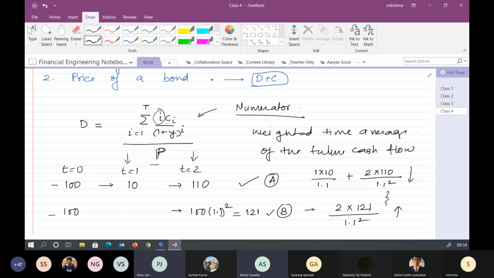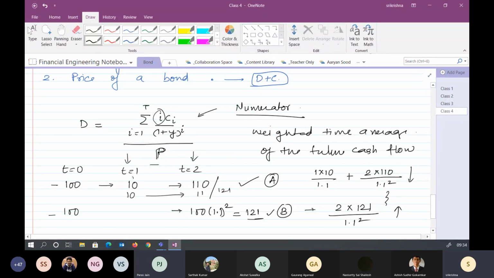Sir, risk is less, but B would be better, because we are getting more money at the end. No, we are getting equal money here. How are we getting more money? Sir, 121 in case of B, and in case of A also, the whole sum will become 121 only. Okay, let's try. If I put this 10 rupees for one more year, how much will it become? With the 10% interest rate, 11 rupees. What is the total sum? 121.